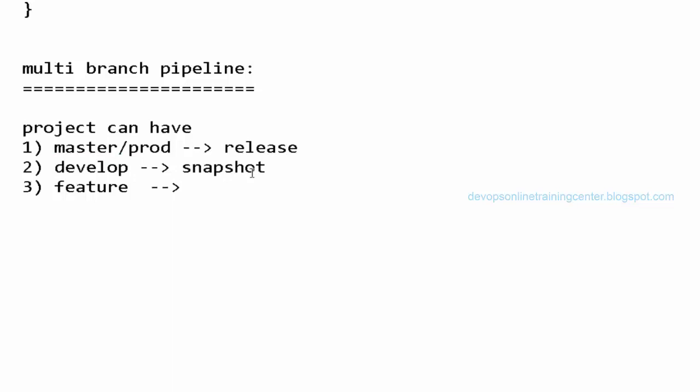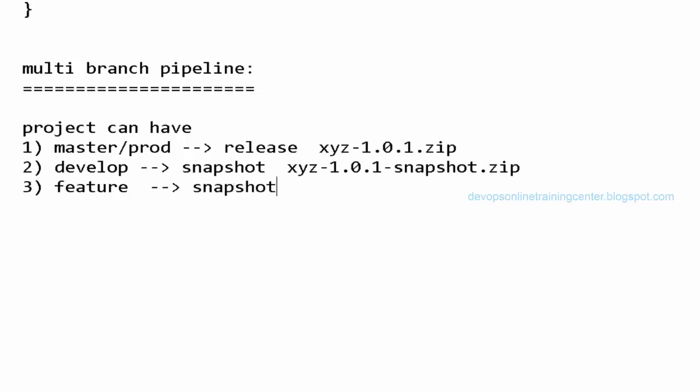If the application name is XYZ, it will be something like XYZ 1.0.1 and then a .zip file. And this will be something like XYZ 1.0.1 snapshot.zip.